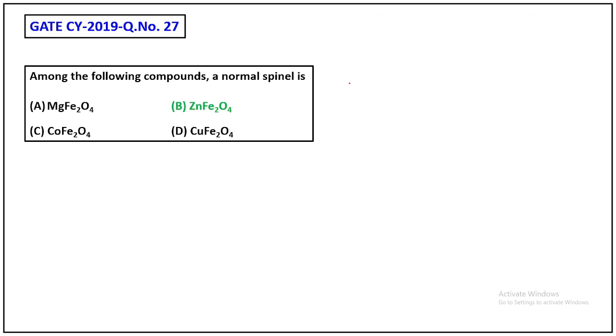Therefore, the answer to the question, which among the following compounds is a normal spinel, will be option B,